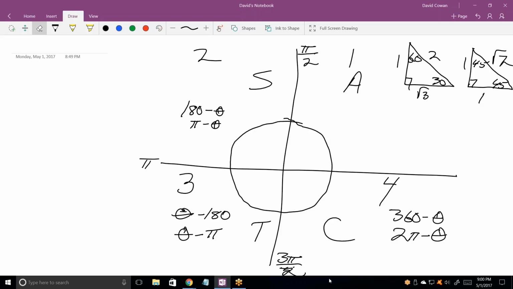In fact, it'd be worth taking a picture of this screenshot or saving it, because this picture will answer all 6 trig functions as long as they are multiples of 30, 45, or 60